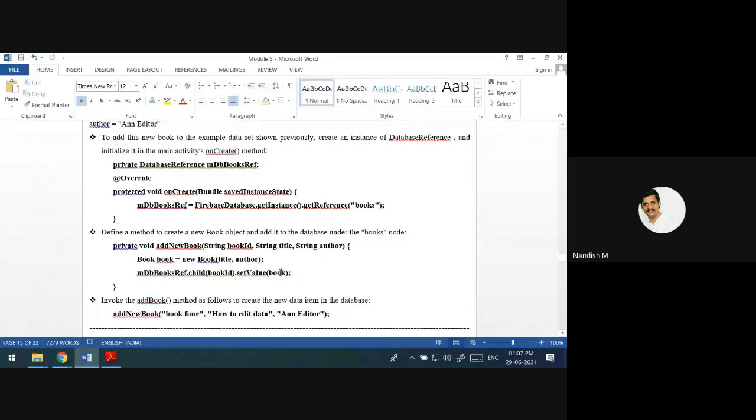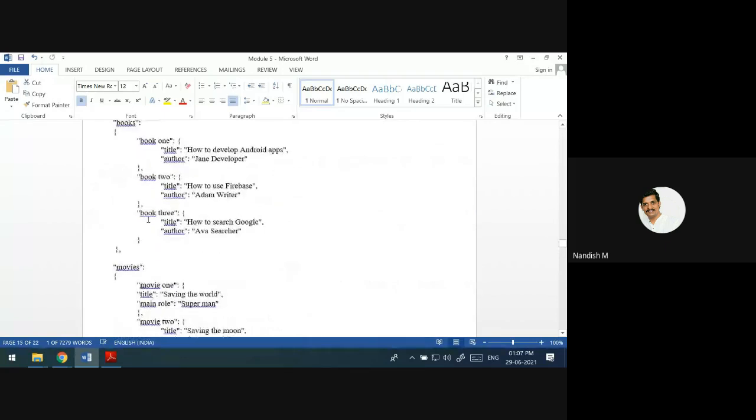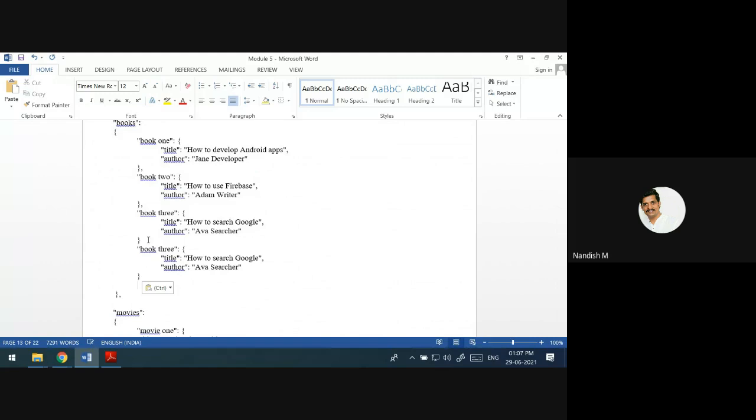Then inside that you are going to pass the book object, which contains title and author. If you pass like this, it is going to add one more, that is book 4, how to edit data. If you open the Firebase console and check, you will see the data like this, an editor.